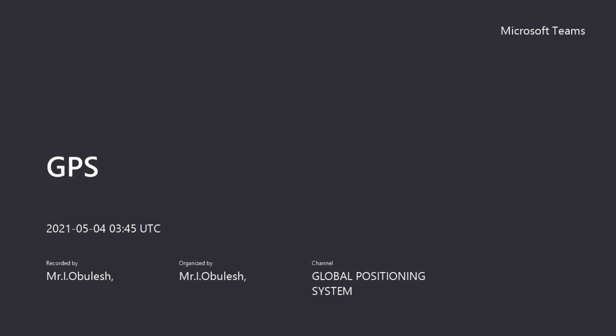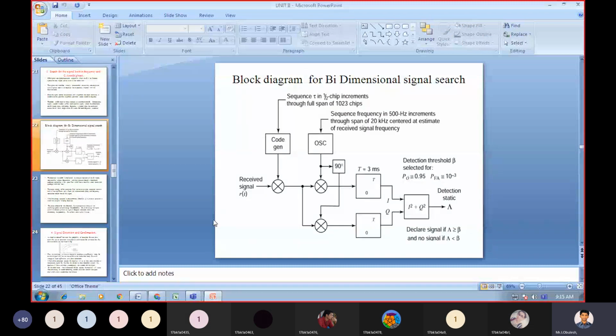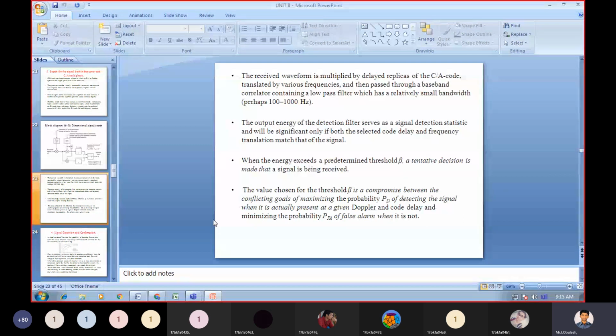the signal both in frequency and C/A code phase. Okay, so in that we already discussed the block diagram of the bidimensional signal set. This is the block diagram we saw in the study class. So now we are going to learn the basic description of that basic block diagram of a bidimensional